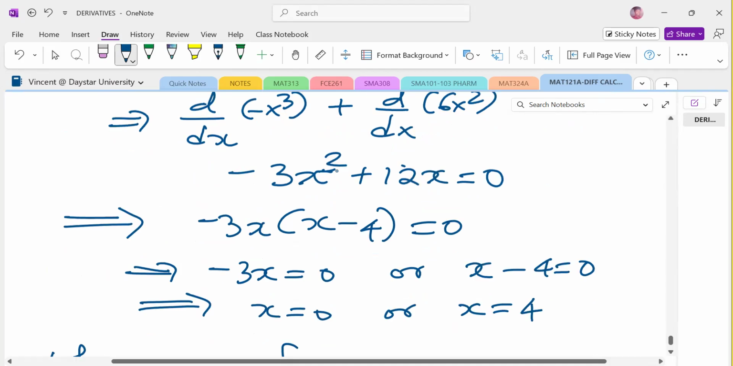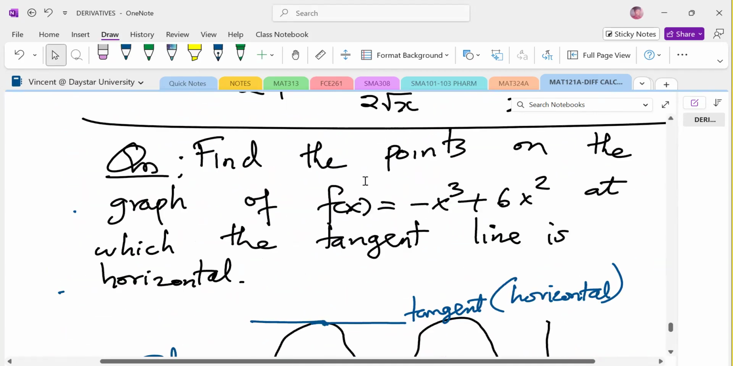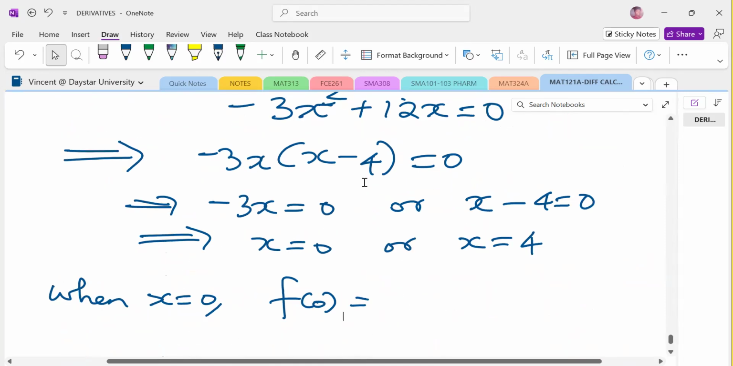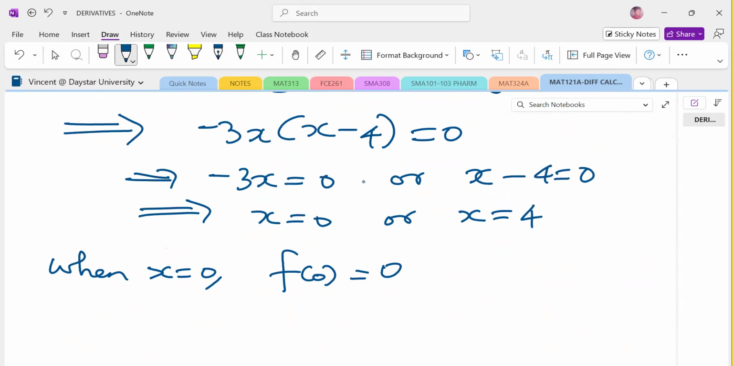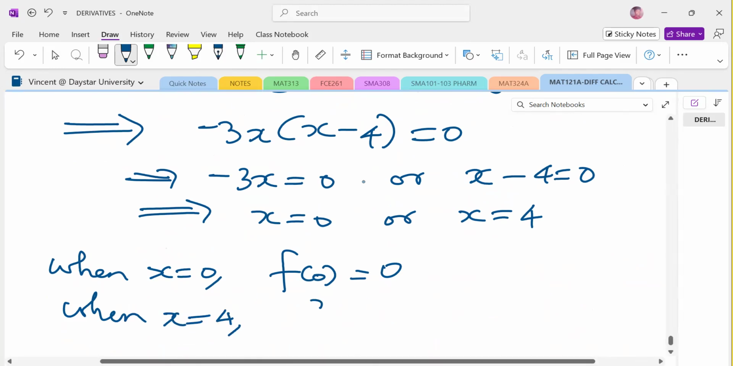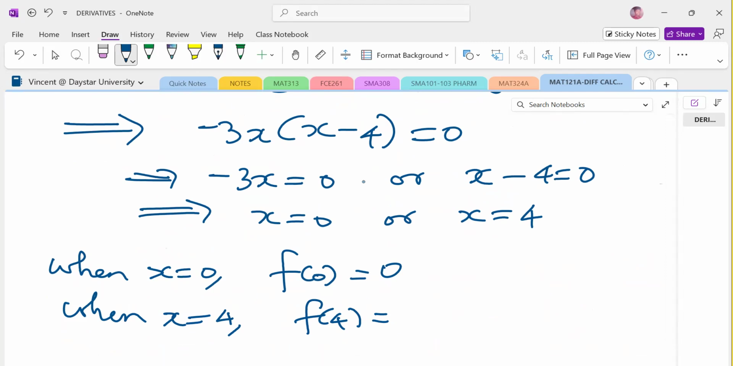Remember, f of x is given by minus x cubed plus 6x squared. So what is the value of f of 0? f of 0 will be 0. Then when x equals 4, what is f of 4? What is it? 32. So therefore,